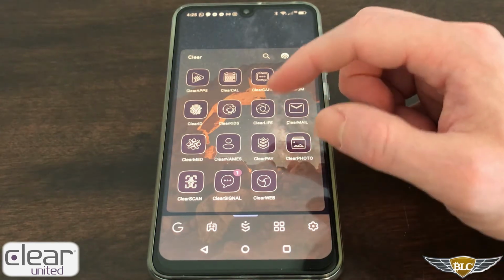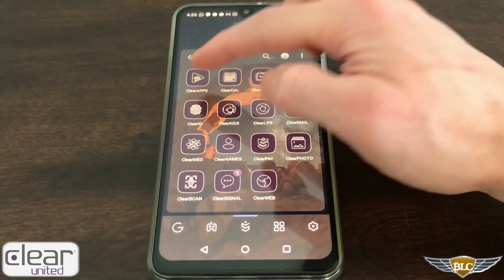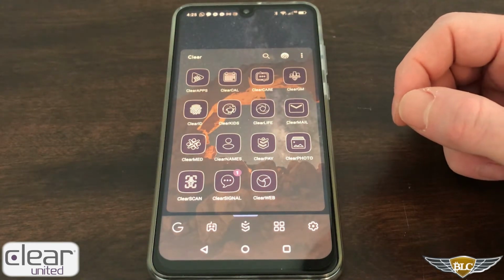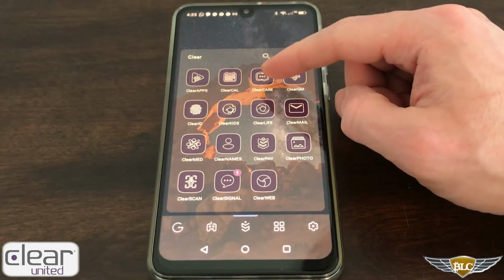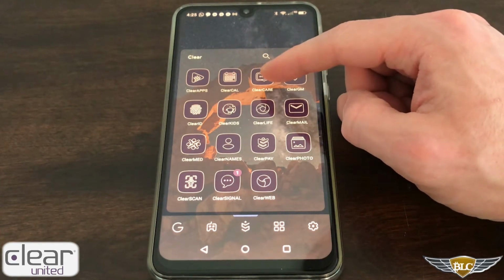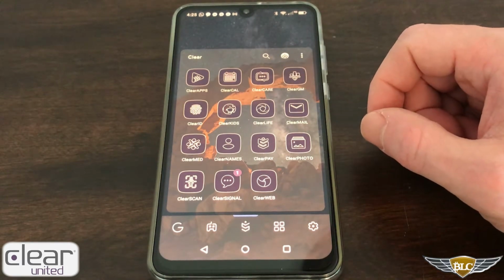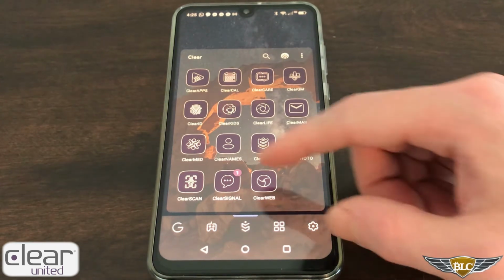The phone already comes installed with Clear apps like the Clear Apps app, where you can go download more Clear iOS developed apps. You have the Clear Calendar, Clear Care, which is actually where you can get tech support, and you can even get them to take control of your phone in order to help you with any different issues you might ever have. And I've used it, it's very handy. And a number of other apps.